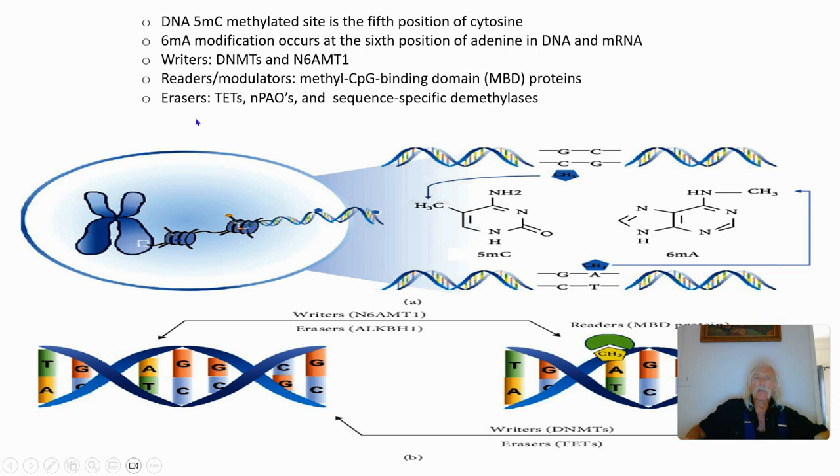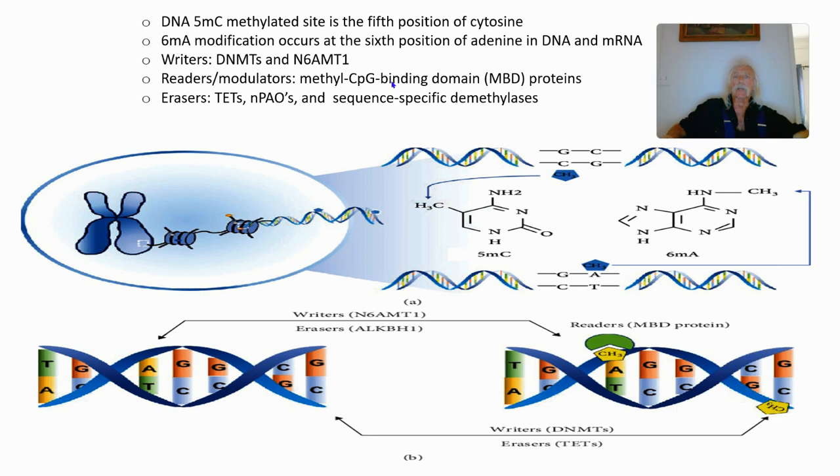Okay. Now, erasers of that methylation can be these 10-11 proteins that we've already introduced to you, or there can actually be other oxygenases and sequence-specific demethylases. Okay? So we talked about these proline-associated oxygenases in the past. We talked about the mechanism of the TETs. We also spent a lot of time talking about demethylases. So remember, this is a lecture deep into the series. So I'm not going to go through all that now. Just if you first tuned into my podcast, just understand we've covered all of these.